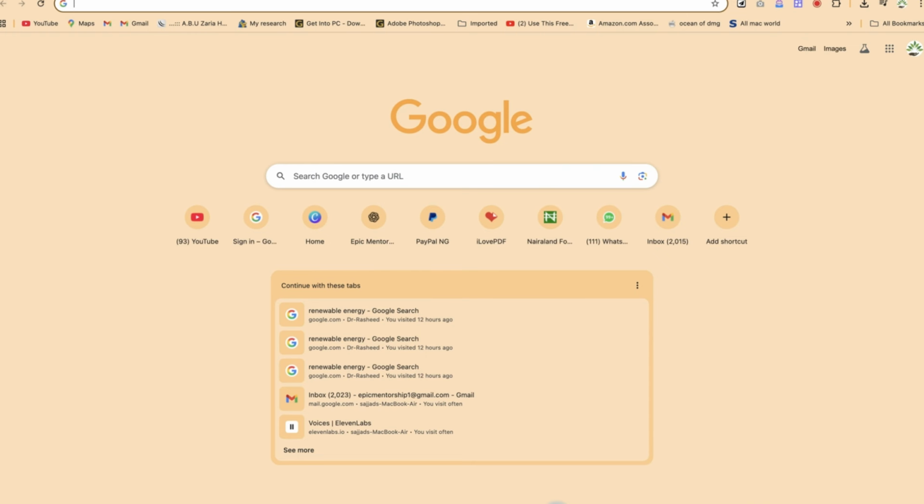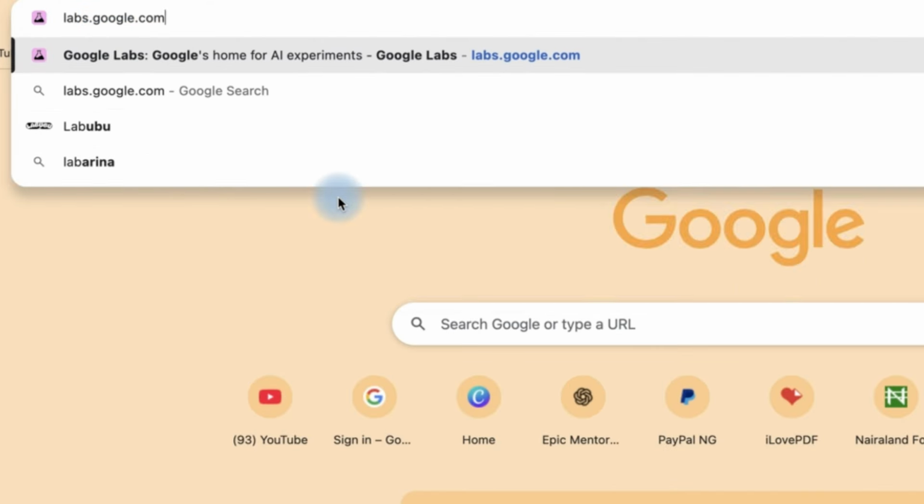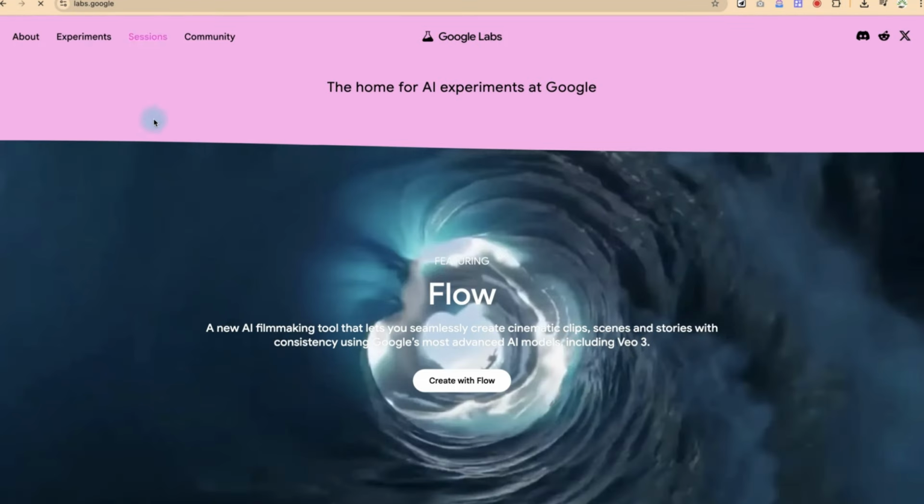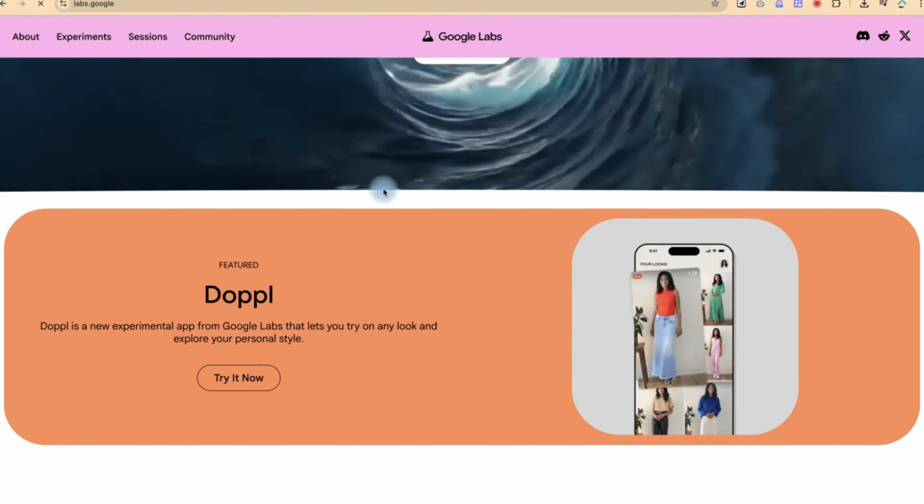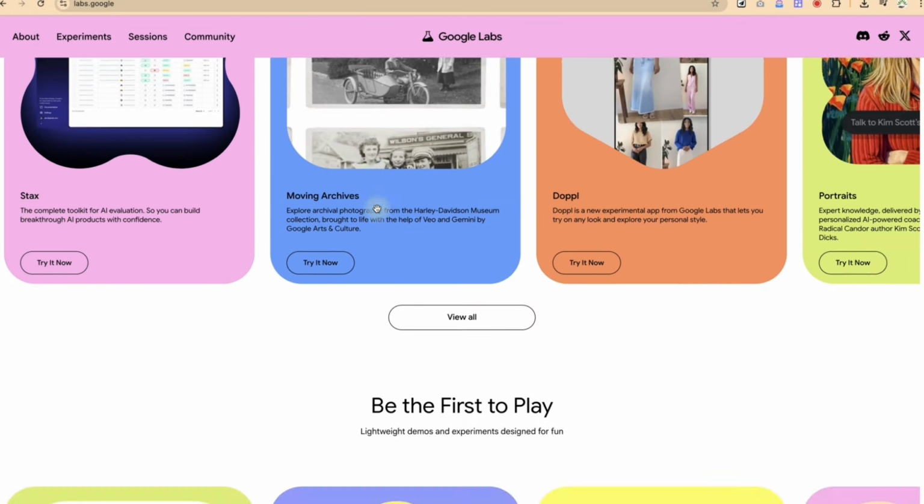In this video, I'm going to show you how to use Google Apps to generate text to image completely free of charge. So Google had just released about 39 different kinds of AI tools that you can access from labs.google.com. You can start by coming to labs.google.com and you can see they've just launched all of these different AI tools